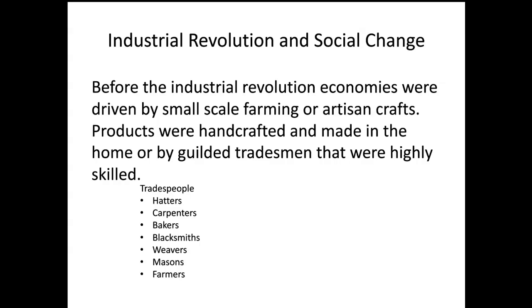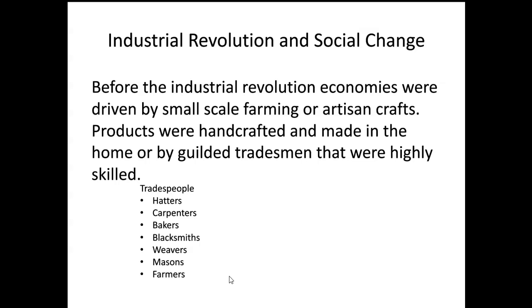Or they were made by guilded tradespeople that were highly skilled, and of course you would trade some of your goods for other people's goods as well. Some of the different types of tradespeople of the time were your hatters, carpenters, bakers, blacksmiths, weavers, masons, farmers. When we talk about smithing as a whole, there are coppersmiths, coopers, and different types of tinsmiths. All of those were tradespeople that you would serve an apprenticeship, get trained, and then either work for